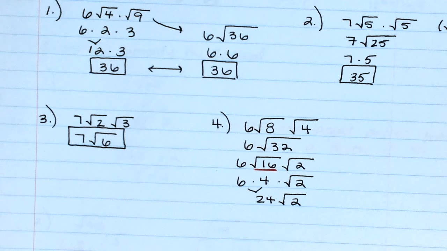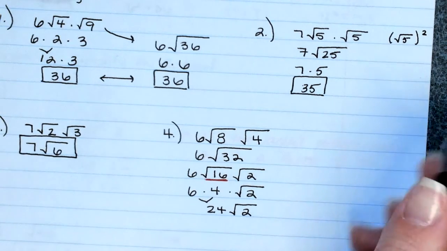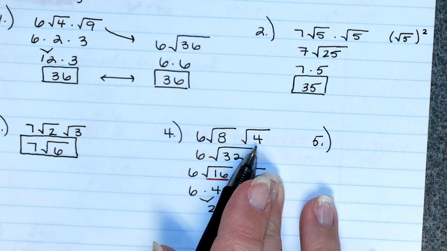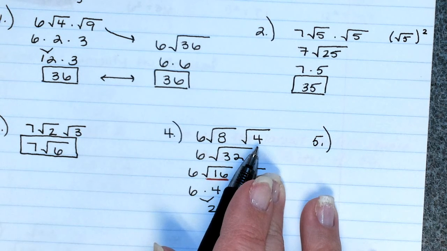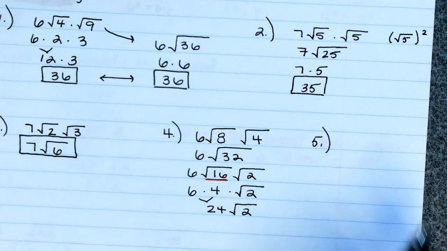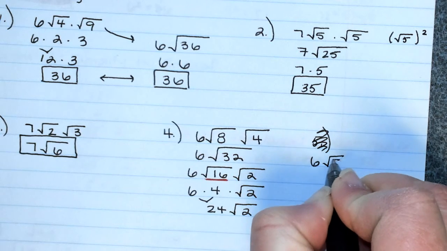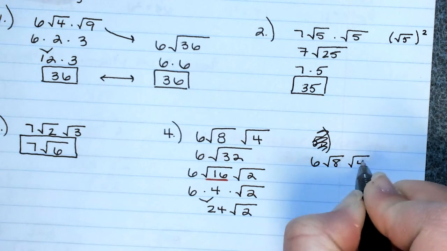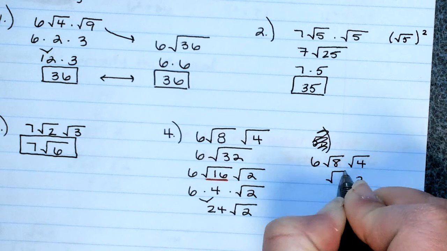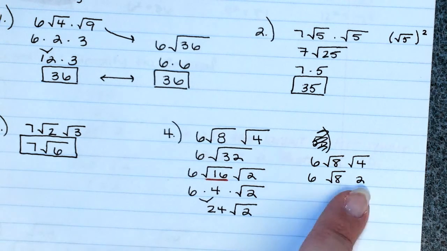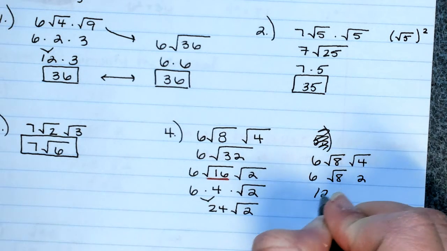Okay. The next one. And some people like to, at the beginning, they see the square root of 4. And what's the square root of 4? 2. So then you'd have 6 times 2. So here, I'll write it out the other way, too. Some people like to say that that's 2. That stays the square root of 8, and this stays 6. And then the 6 and the 2 are both on the outside, so we would have 12 square roots of